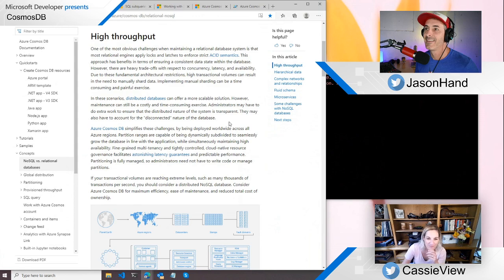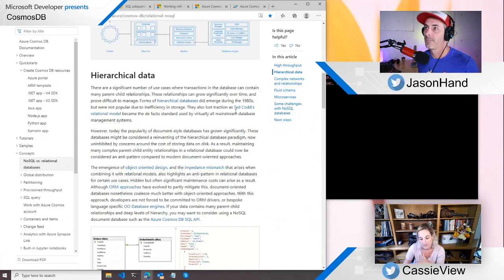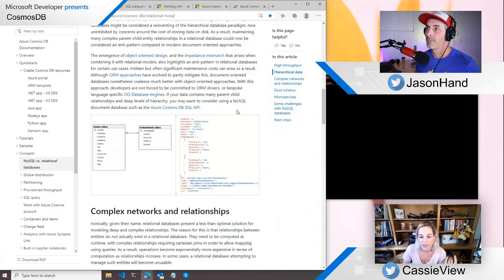Okay, so high throughput. These are some of the things this particular doc goes through when you're thinking about SQL and relational versus NoSQL. Obviously, you have your ID that goes to your order details and you join the tables together, and that's how you get that relationship, hence the relational database. But with NoSQL, it's JSON and it's just nested as a single document.